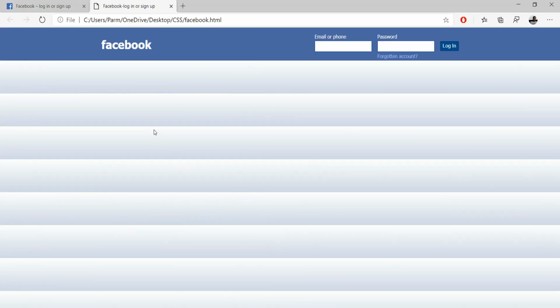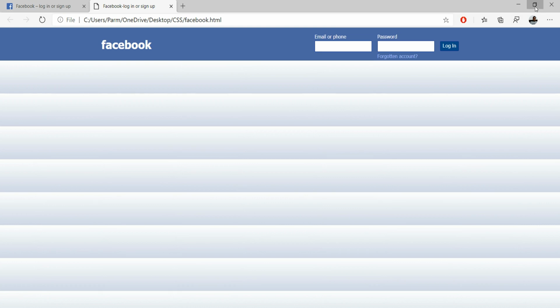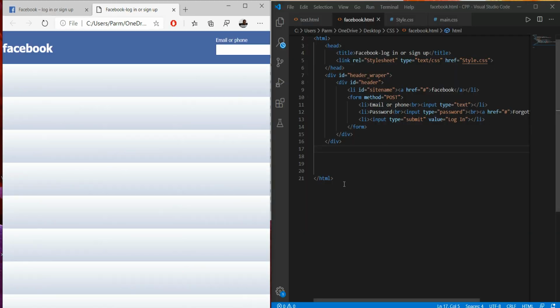So welcome back. In the previous video we have done the upper section of this page. Here we have to go with the second section. In the second section it should look like this, and this we have to do in this video. So here we go with this, and for this I have to